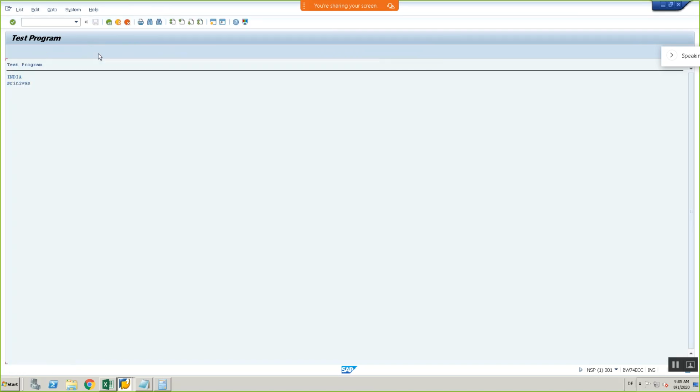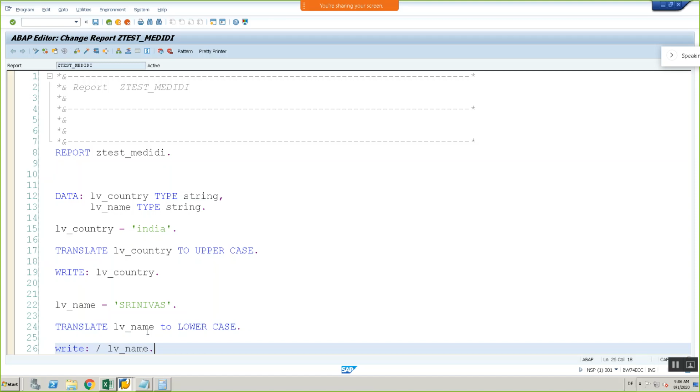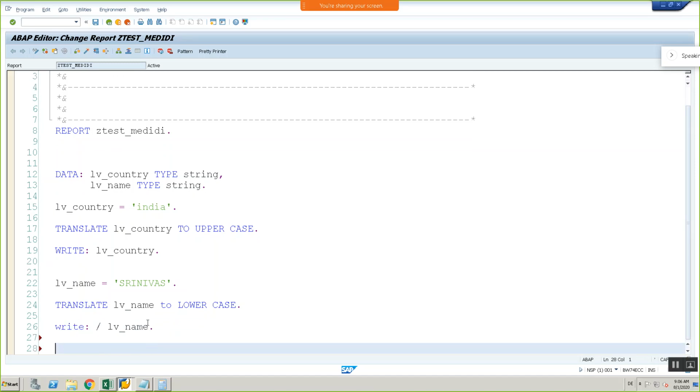This statement is important. Why is it important? When you are getting data from ECC in multiple ways, with a combination of both small letters and capital letters, but your info object always accepts capital letters, then what you have to do? You have to convert the string into capital letters. You can use this statement to convert that data into full capital letters, and then you can save it in our info object. Clear? So this is one of the useful statements that we can use in our day-to-day workplace.